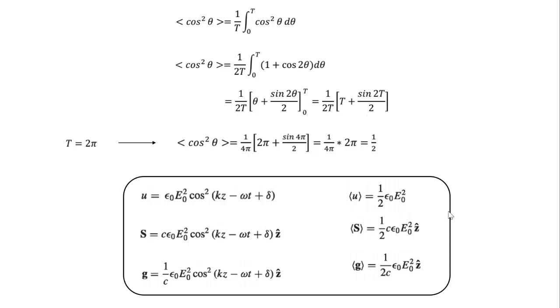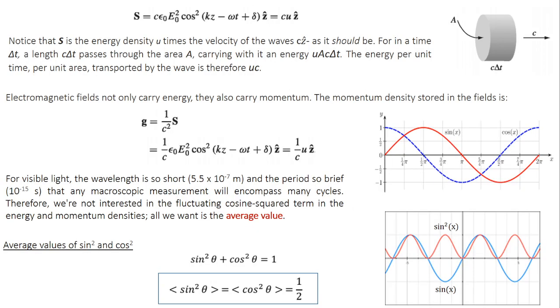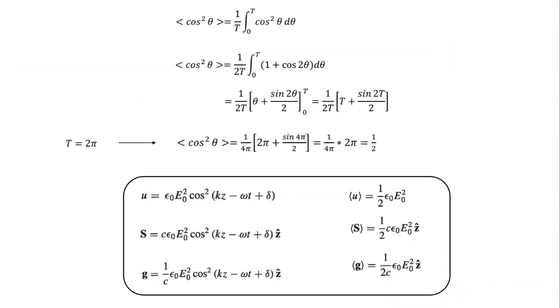And for a sine wave or a cosine wave, the time period is from 0 to 2 pi. So substitute for T here. So this becomes 1 over 4 pi, 2 pi plus sine 2 pi by 2. So when you simplify this, you get half. Same way you can do as an assignment, find out the average value of sine square theta. So once you know the average value of cos square function, you can easily define the average values of the